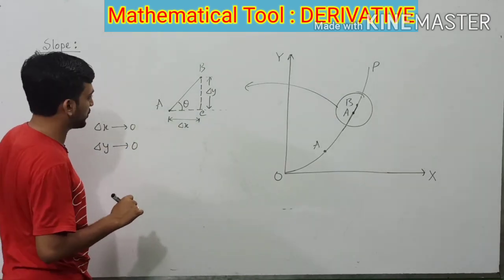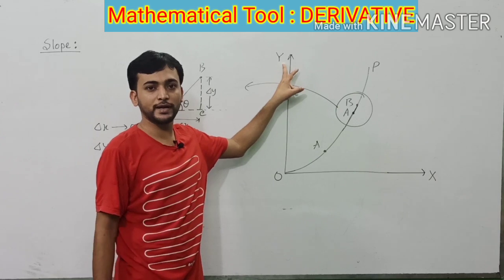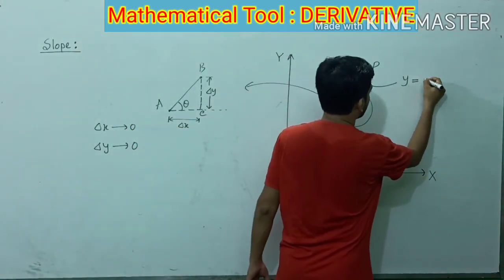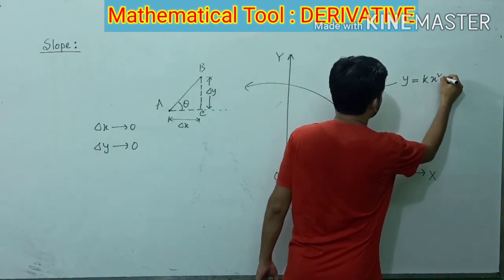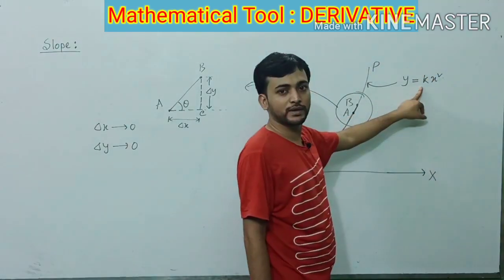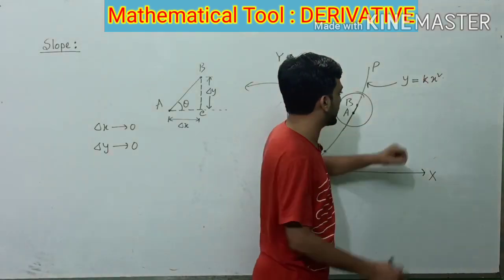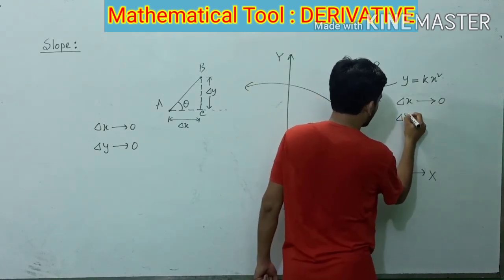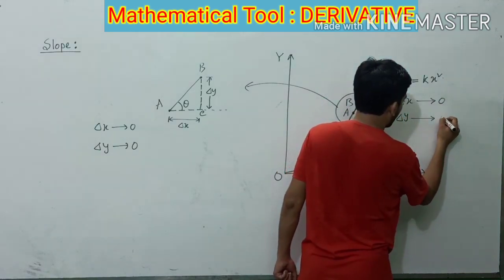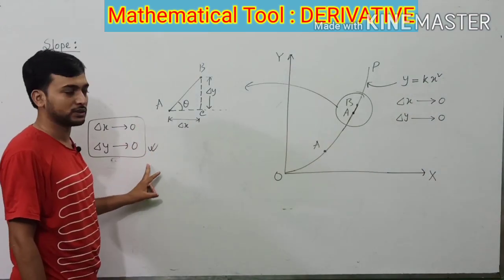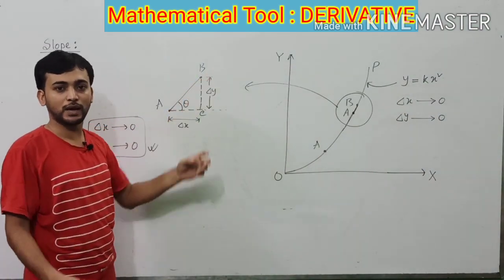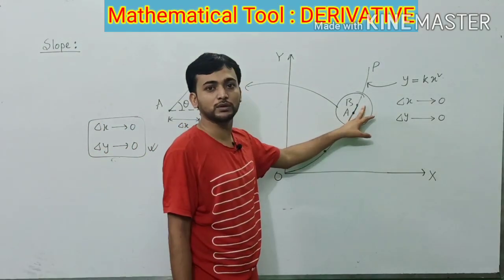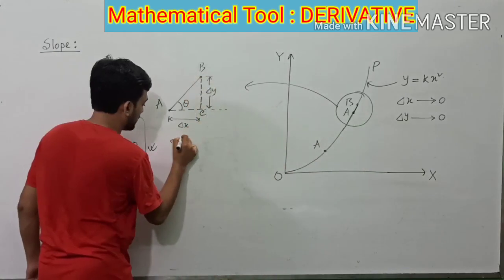approach towards 0 because this y coordinate will be regulated by this x coordinate, and the general equation of this curve is y is equal to some constant into x square. From this relation we can say that if the change in x coordinate, that is del x, is approaching towards 0, the corresponding change in y coordinate will also tend towards 0. Under this condition, the 2 points A and B will lie one over another. That is, the 2 points A and B on the curve will be a common point. Therefore,